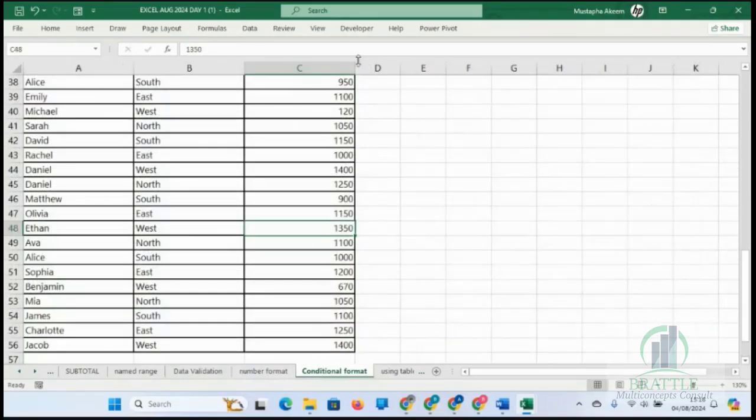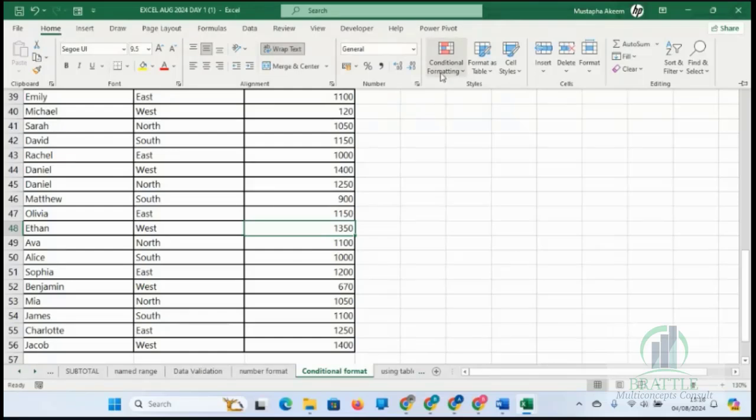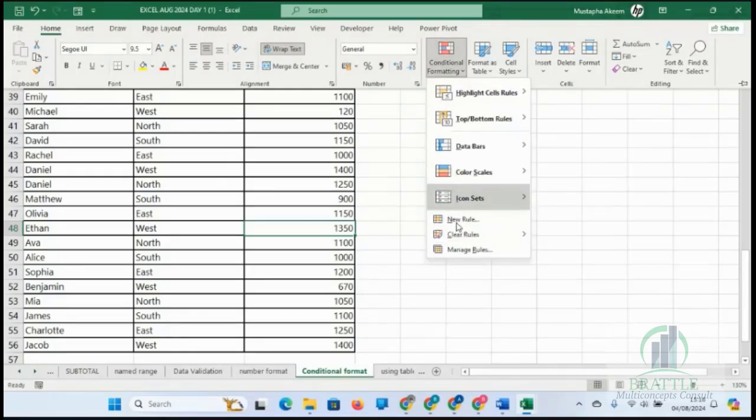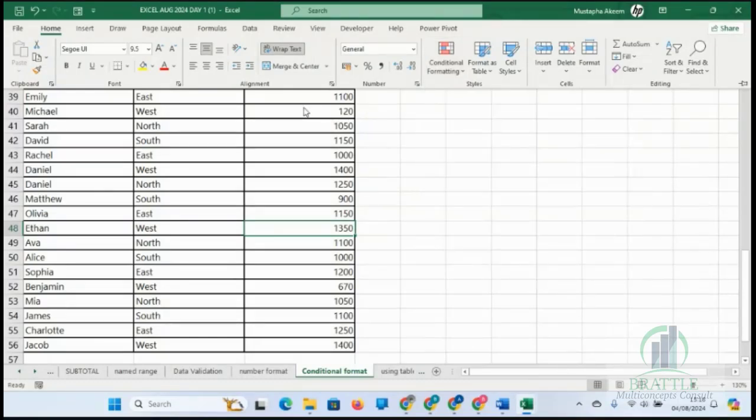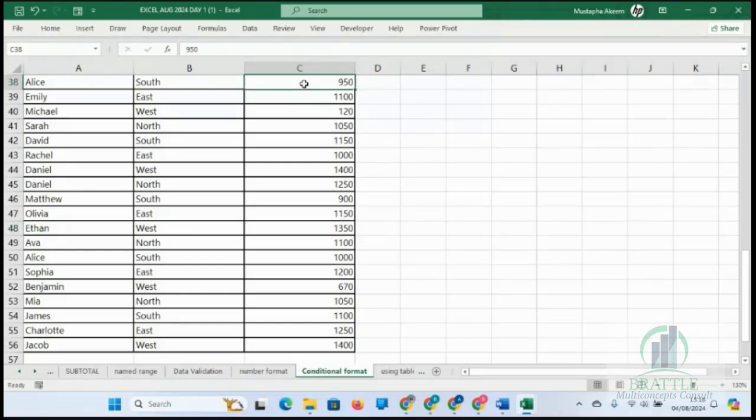So for formatting also, you can remove conditional formatting by using that option there called clear rules. You can clear the rules. The second thing you want to look at is top 10. When you are doing analysis, we use this often. Top 10, top 15. You want to see something below average, above average. How to format something below average, how to identify them, is by using this option.